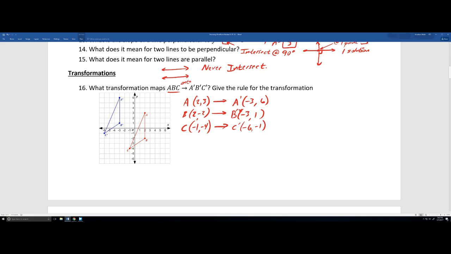All right, so let's talk about what happened. We were at 2, and even if you look at it visually, we actually just went 1, 2, 3, 4, 5 to the left, and then we get 3 up, okay? And it should be the same for every single point. So you could always double check: 1, 2, 3, 4, 5, and then up 3, 1, 2, 3. So if you notice, this is rigid motion, okay? This is actually a translation. So the name of this transformation is a translation,